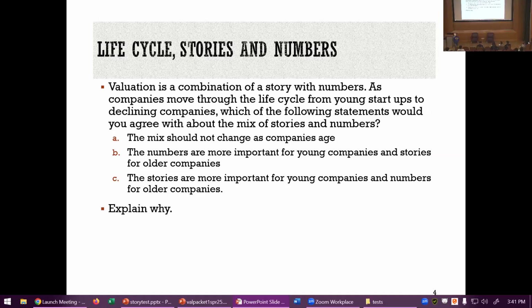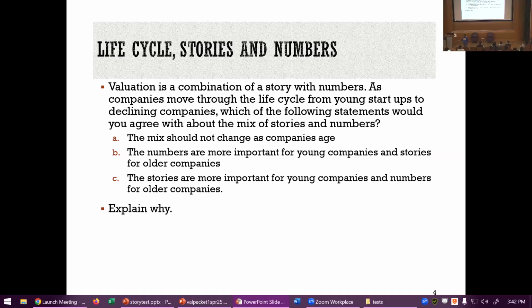In contrast, if you're valuing Coca-Cola, what's going to matter more? Numbers or story? The numbers are basically going to drive your value because of the way I like to think about this: somebody's writing a book and they die and they've called you in to finish the book. I know, morbid thought, but the author was in chapter 1 when he died. It's a 35 chapter book. You can write the story you want, right? That's a young company. In contrast, if you're Coca-Cola, you're in chapter 23 of a 35 chapter book.